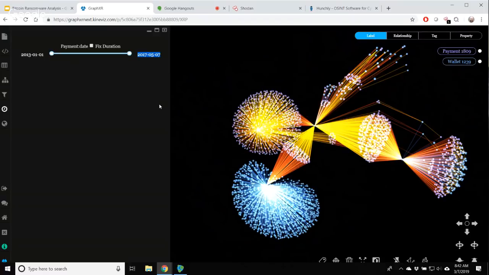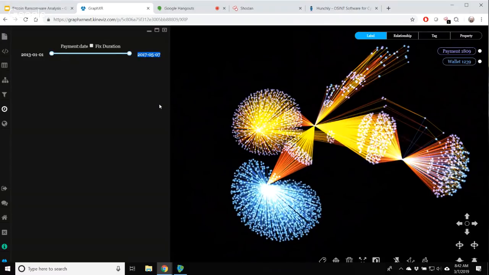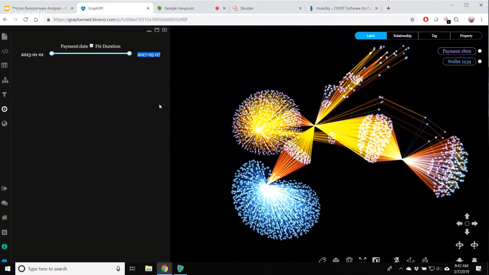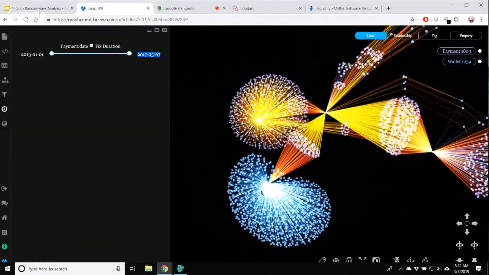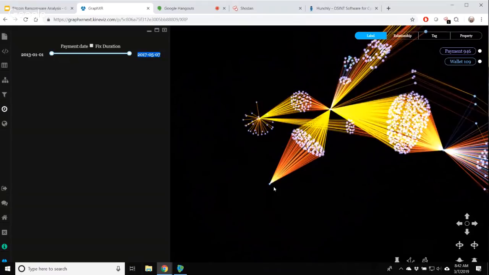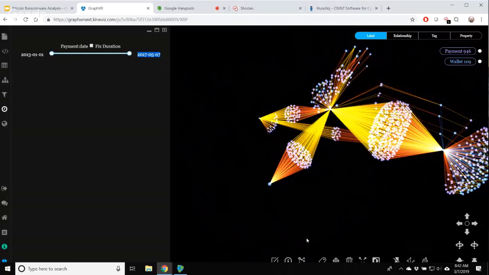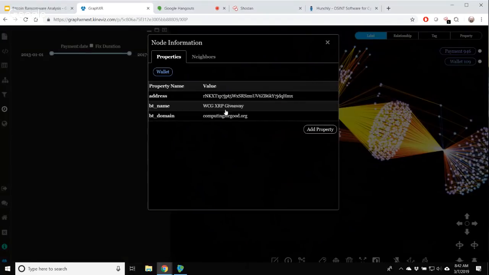Actually, the data set is also enhanced with publicly available information about some of the wallets, like exchange names. So if you can grab that inner wallet in that cluster, you should be able to see a property for it. Oh yeah, so you can see it's called the WCG XRP Giveaway Computing for Good, and actually I think